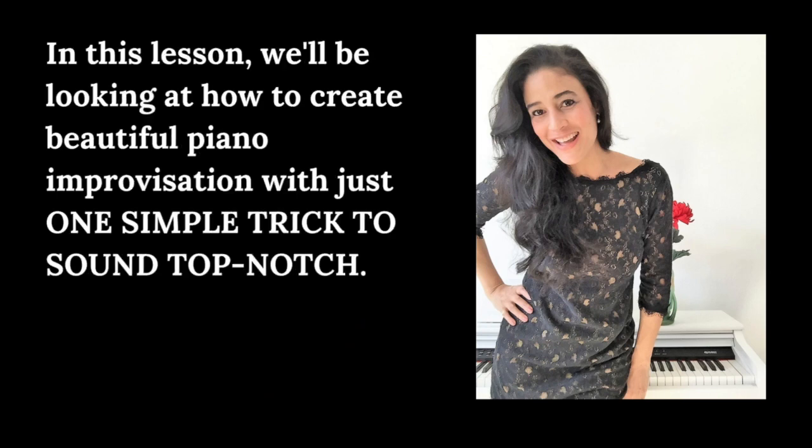In this lesson, we'll be looking at how to create beautiful piano improvisation with just one simple trick to sound